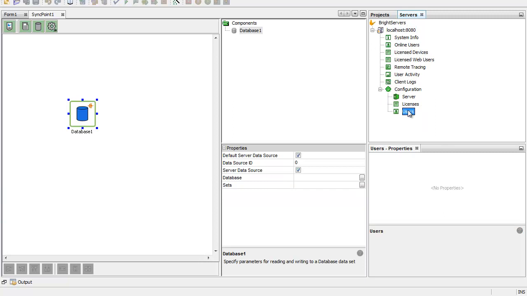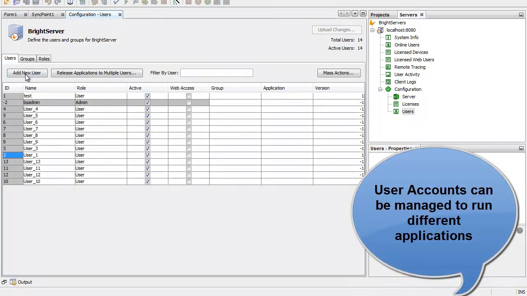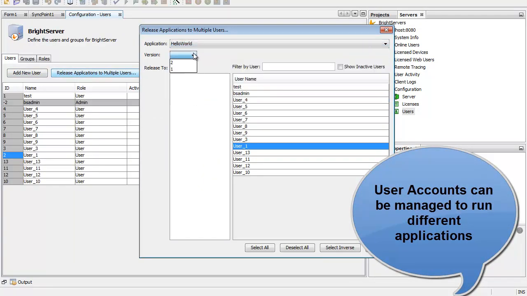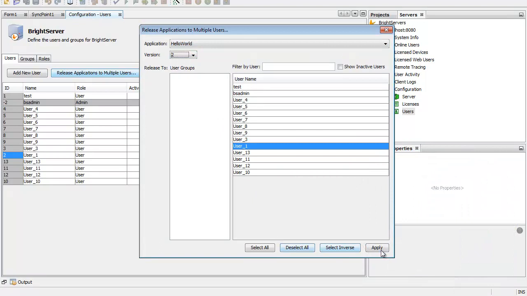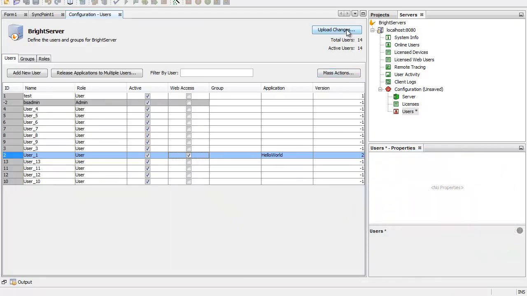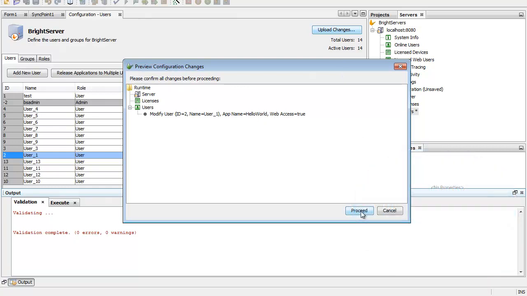Next, I need to make sure my user account is ready to receive it. So user account 1 is ready, so I'll release this application to that user account, the latest version, and apply that. And then one more step, I just need to make sure that the web access is enabled for this user, so they're the user who will be coming in on web access. Upload the changes, so now this will make sure that the changes I've just been making locally are sent to the Bright Server,